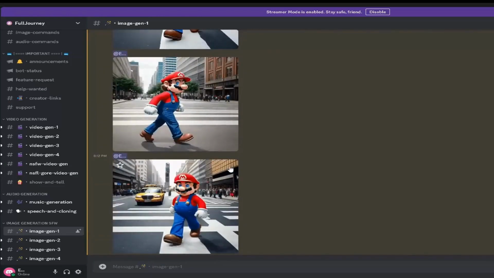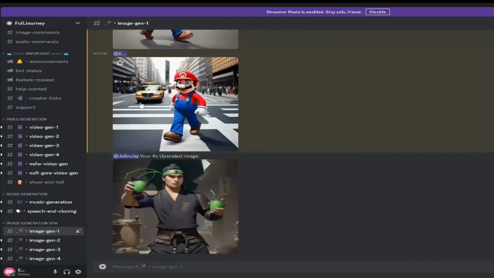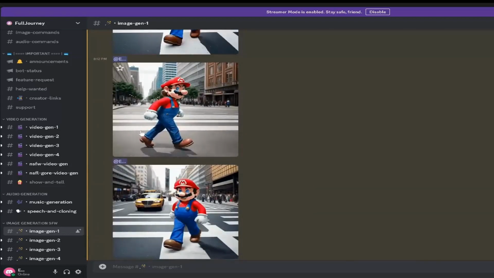I don't think this is quite what I had in mind when I mentioned animation. Having these images animated, it's moving, it is animated. But I kind of wanted to have more control over what happens in animation. In my ideal world, I would have had Super Mario walking across the street, but